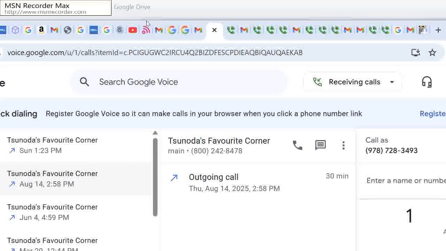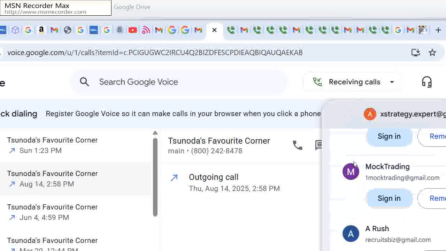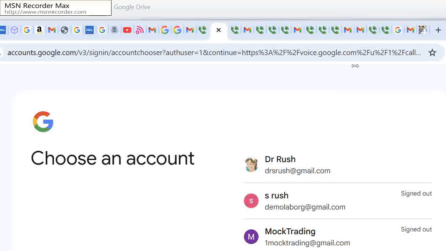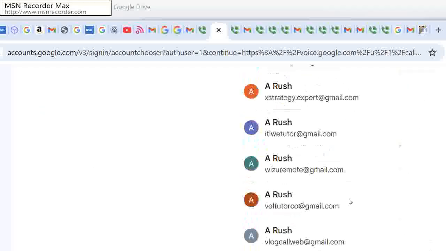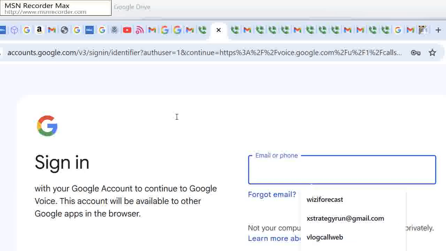Here's another account, for example, and I'll try to log into the new account. This was X Strategy Expert. So I'm going to scroll down to the bottom and select add another account, and then to the bottom again to use another account. Then paste the account,